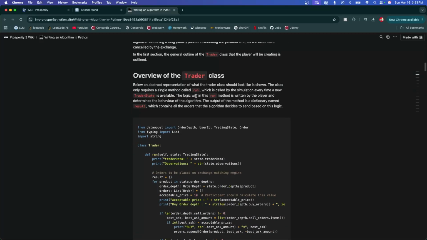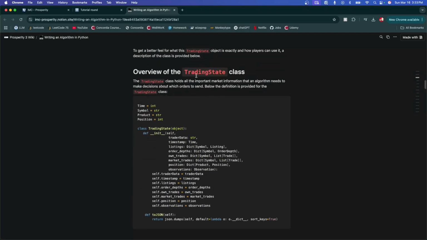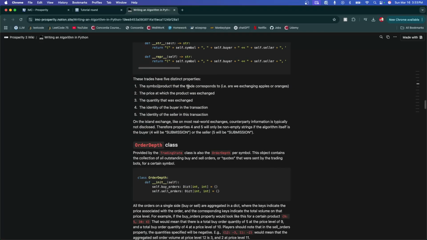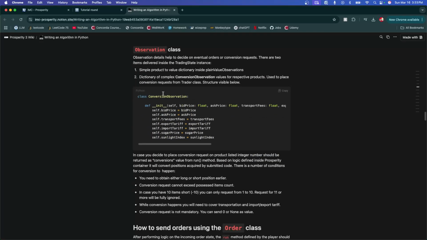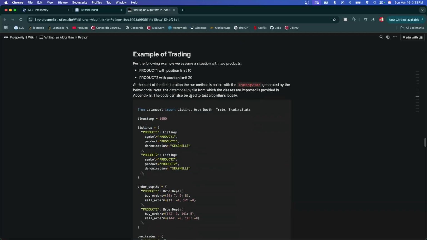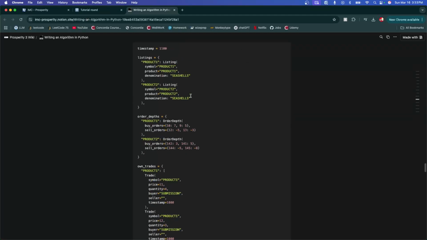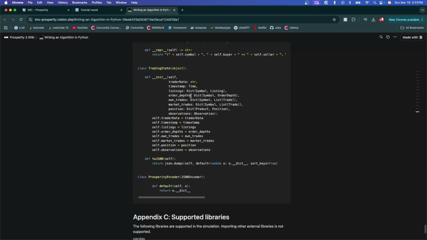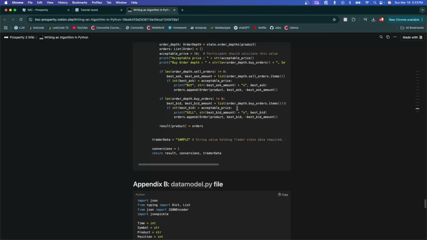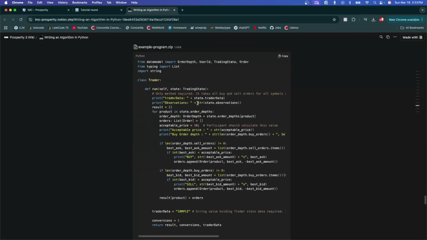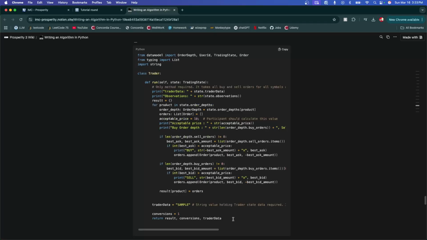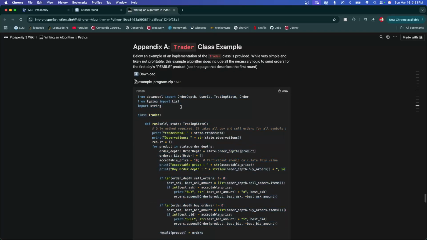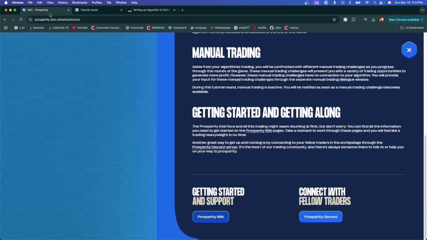But you need to understand more than just this: trading states, order depth, observation, and it goes on and on. And you really need to get familiar with this. At the bottom here, there are two examples on how to develop a very simple strategy. And so you code this, you put it in a main.py Python file, and you would then go